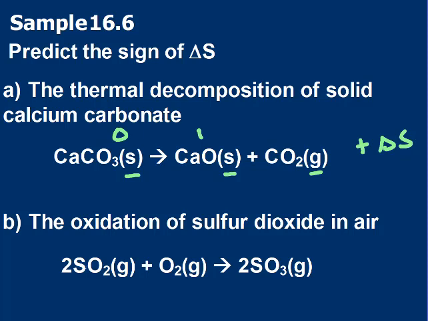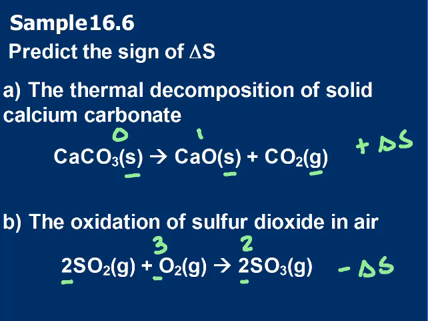If you were explaining it on the AP test, you would say that the system went from 0 moles of gas to 1 mole of gas, which is an increase in positional entropy, or an increase in the number of microstates. For B, we had 2 plus 1, so 3 moles of gas, to 2 moles of gas, so that's a decrease or